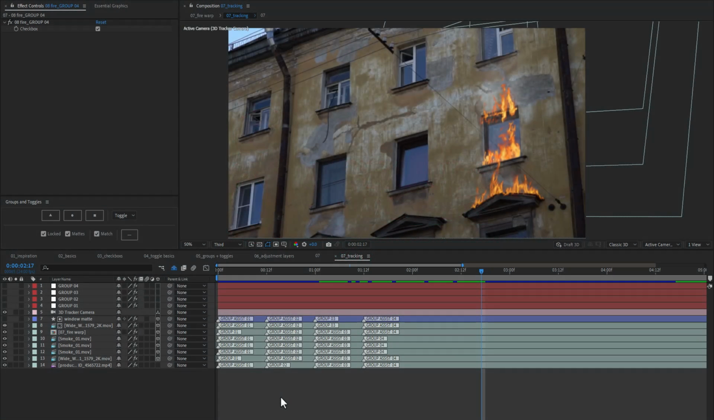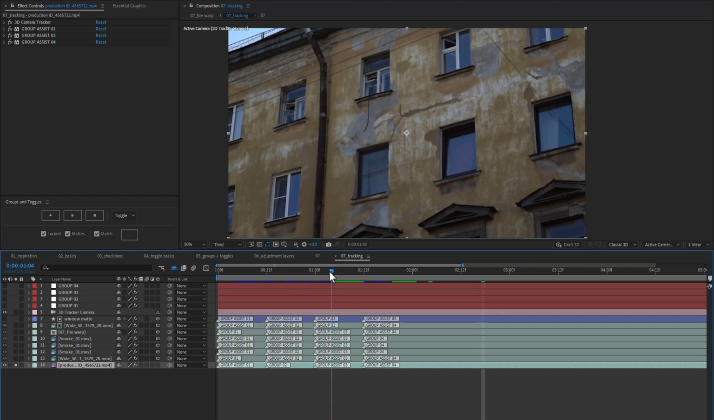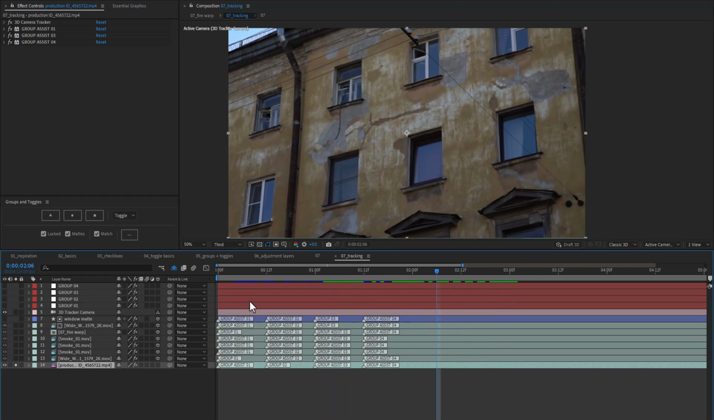Let's take a look at how groups and toggles can be used in compositing. One of my favorite tools used for compositing is SuperComp from Red Giant. The problem is SuperComp doesn't work with 3D layers. So in this particular case, I have this building, and I used the 3D camera tracker, and then I